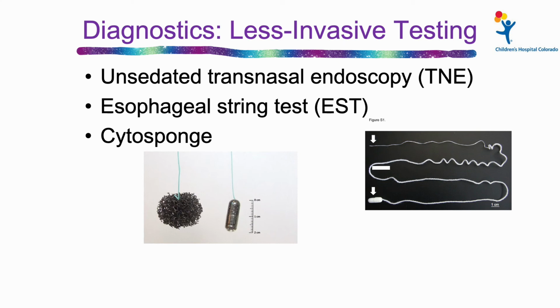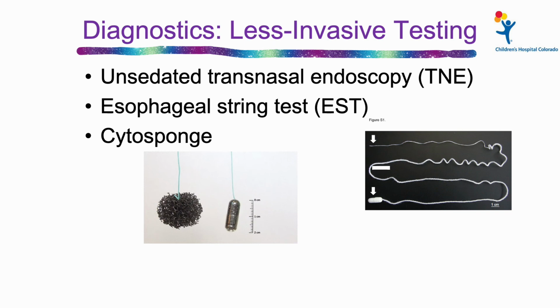There are other methods where the string is attached to a capsule. You take the string, pull a little bit out, tape it to the cheek, have the patient swallow the capsule. The string unwinds from the capsule, which drops off in the stomach. You leave it down for an hour, then pull the string out, mark where it was in the esophagus, clip it and send it off to measure eosinophil mediators on the string